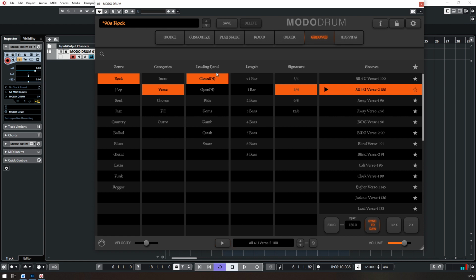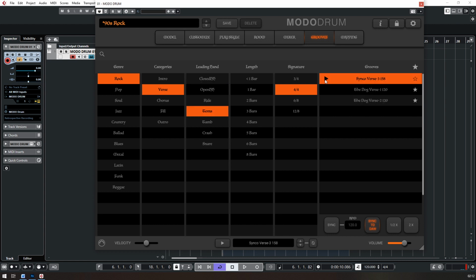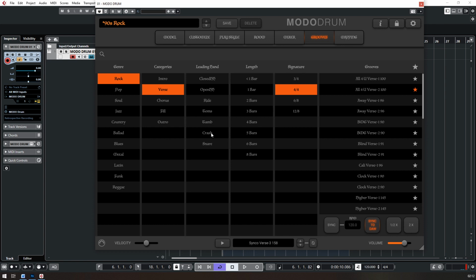So the leading hand there is a closed hi-hat. If I wanted to find something that was toms, which you've heard before, that's in that pattern there. If I wanted to have something that was an open hi-hat leading hand,